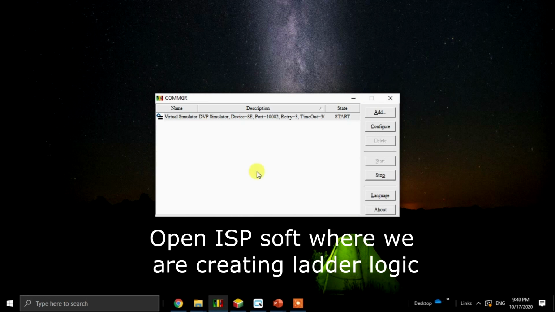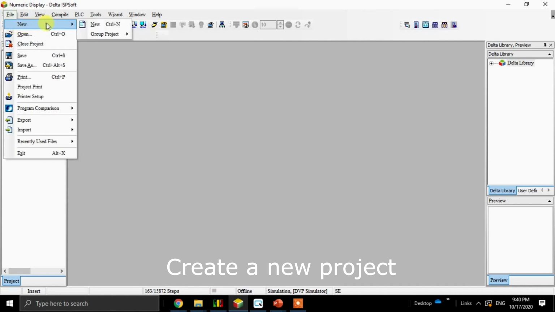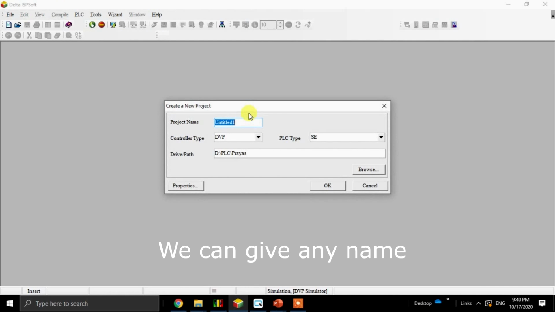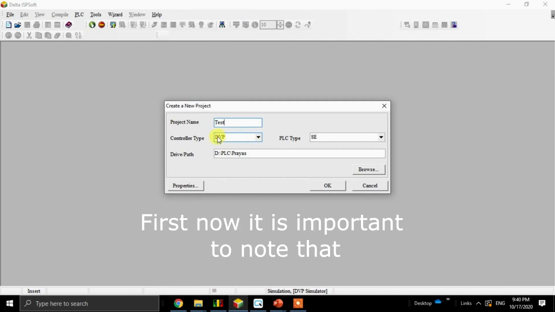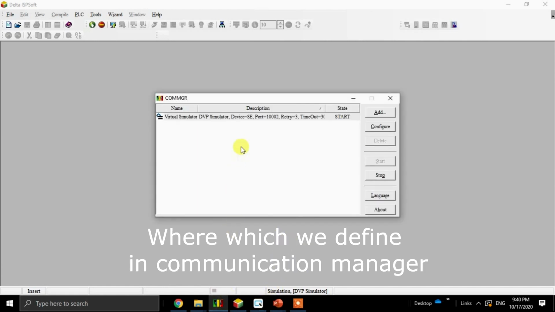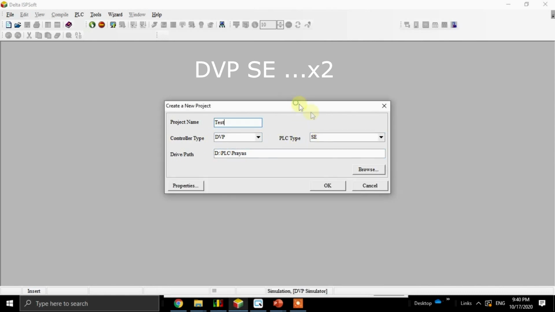Now open ISPsoft where we are creating the ladder logic. Create a new project. We can give any name to it. It is important to note that we have to select the same type and PLC series which we defined in communication manager, DVP-SE.